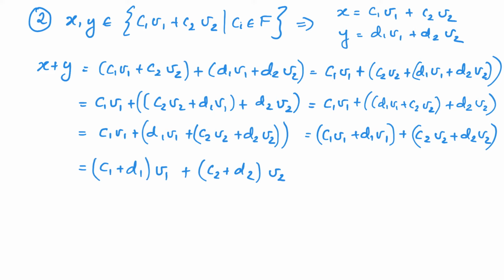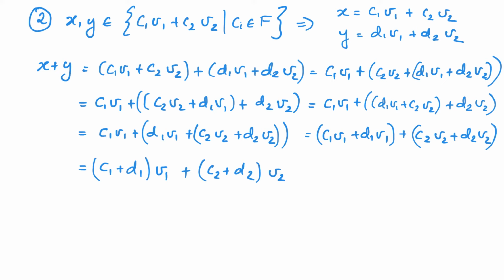Now we focus our attention on the sum of these three vectors and apply associativity. Then we will get d1 V1 plus C2 V2 plus d2 V2. Again, you treat C2 V2 plus d2 V2 as one vector and consider the sum of these three vectors. Applying associativity,